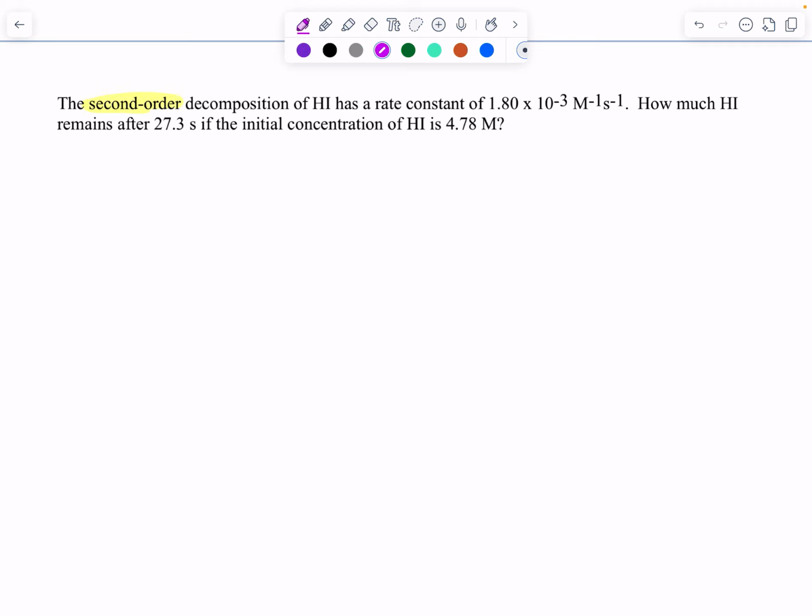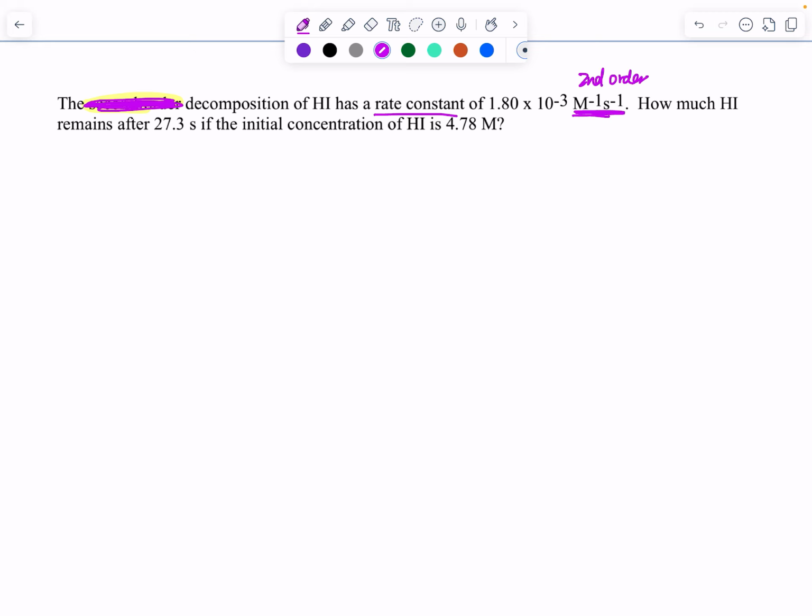As I keep on saying, for this type of question, the question is not necessarily telling you what the reaction order is. It could simply be telling you the rate constant with its unit. Remember, the unit for the rate constant for a certain order is unique. Such as this, when you see this unit for the rate law, this reaction is a second